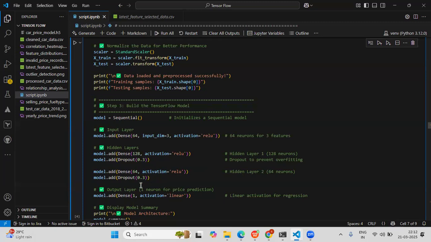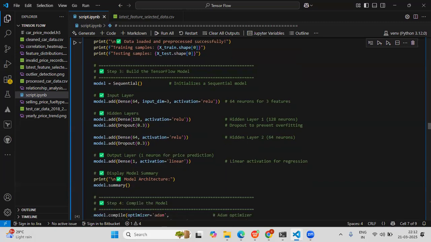Then finally, we are adding the output layer, one neuron for price prediction of the target variable, with linear activation. This is basically suitable for regression models. Finally, we are going to display the model summary with the model.summary function.